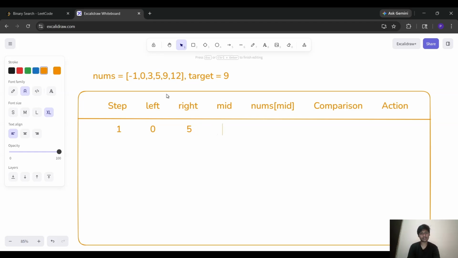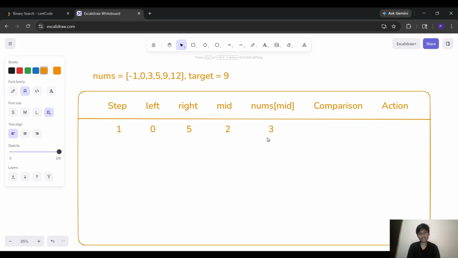Here mid is left plus right, which means 0 plus 5 divided by 2, which is 2. So nums[2], counting index 0, 1, 2, is 3.